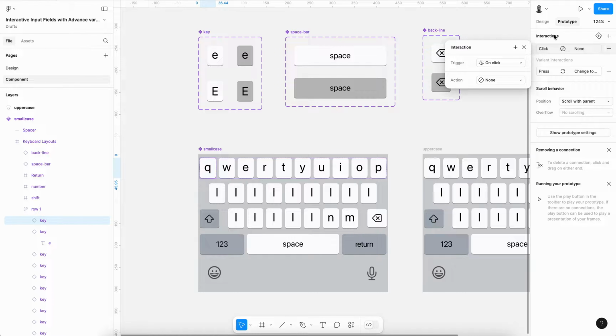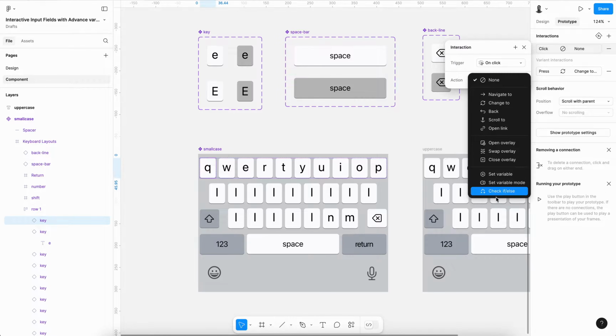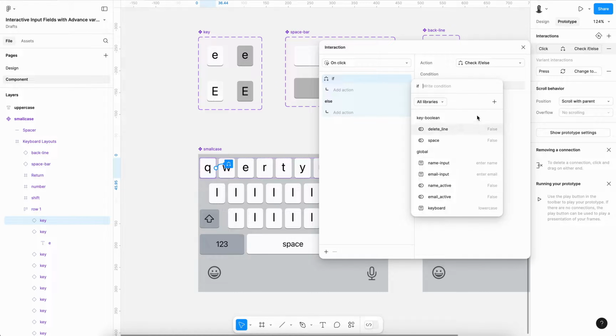click on the interaction. Just because this is the variant interaction, we need to create a new fresh interaction where we will write some code. Okay, we need to write some code, and we need to apply some logic here. So what logic will come here is, first we will target